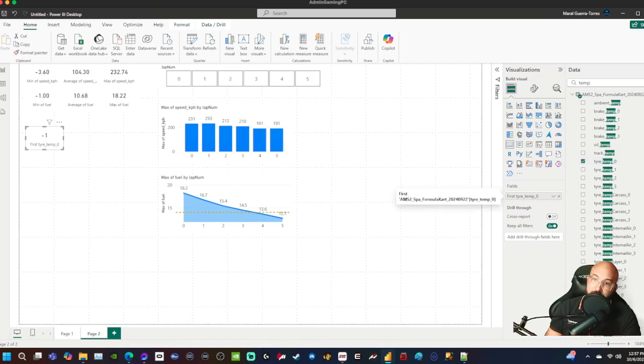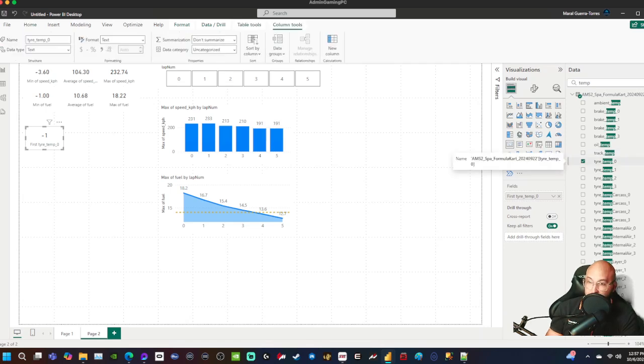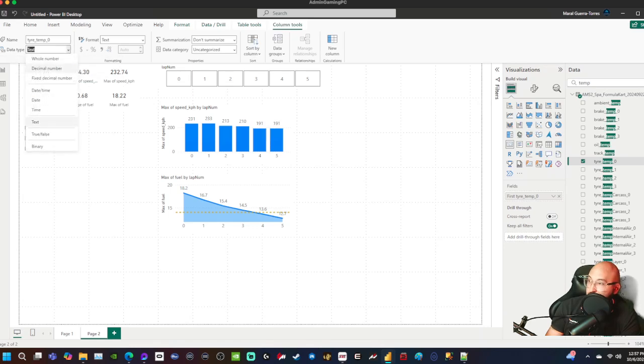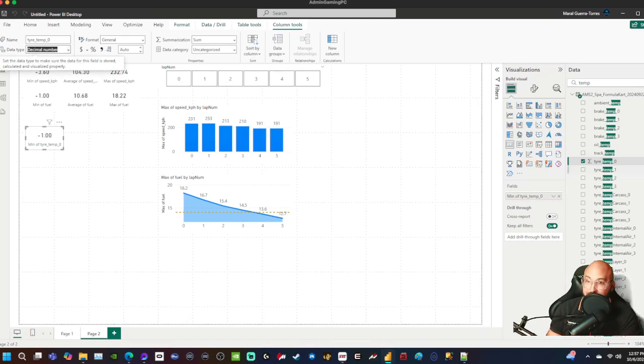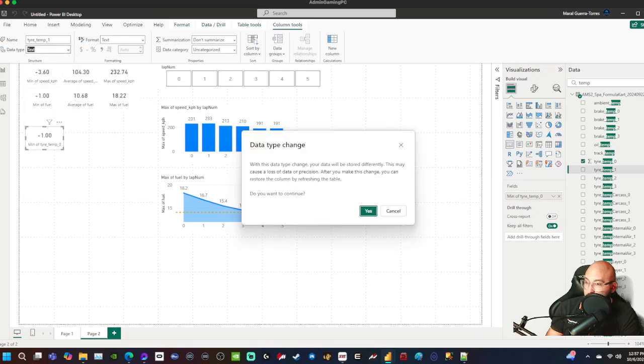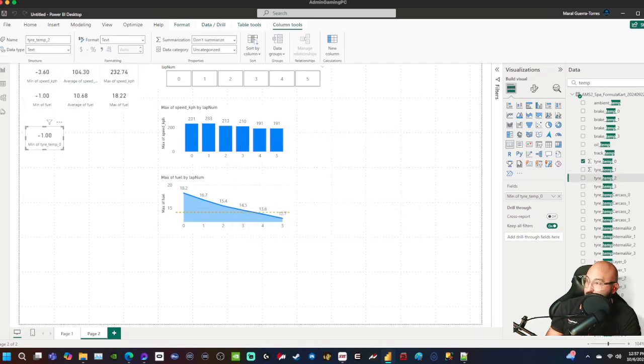Oh no, not again. What it did was it has it as a text value. So we're going to click on tire temp here on the right. We're going to go to data type at the very top. We're going to click on decimal number and click yes. And now it's a decimal. You can see it has decimal points. Let's just go ahead and do that for temp 1. Let's go ahead and do it for temp 2